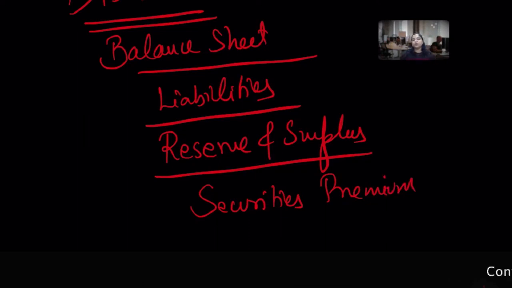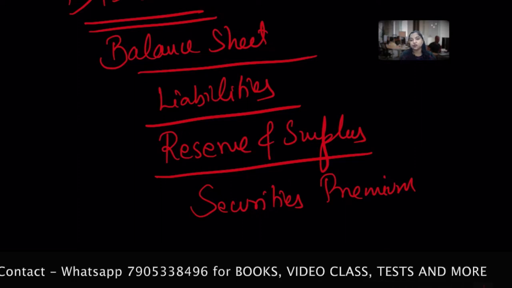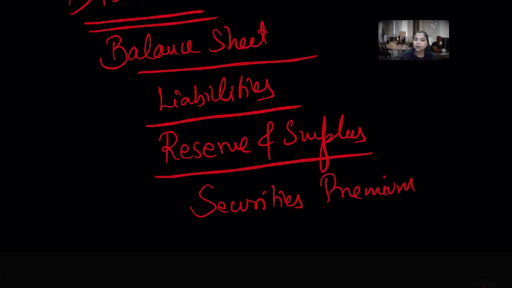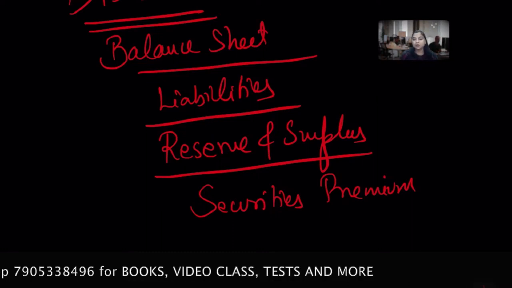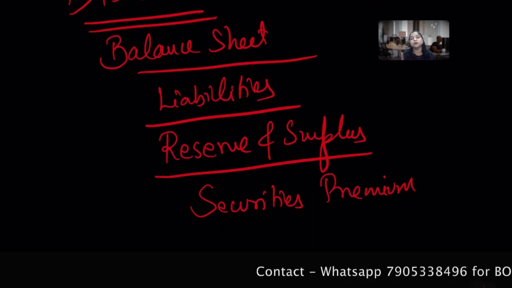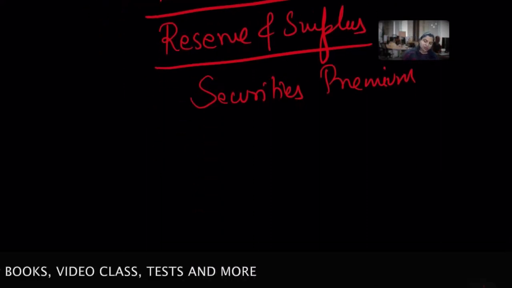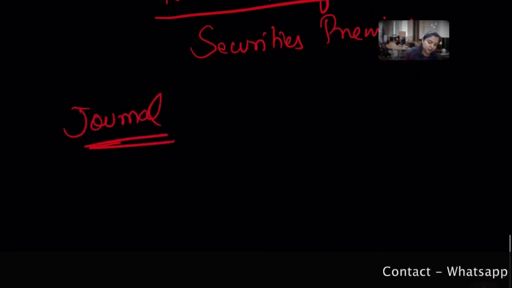This premium is usually payable with an installment, maybe at application or allotment, and 90% of the time it's with the allotment. There are some companies who charge the premium with the application money or partially with the allotment. It's definitely mentioned in your question, so you can apply accordingly. Okay, so we will discuss the accounting treatment shortly. With this session I'm going to discuss the issue of shares at a discount, because it's some theoretical understanding only. Just give me a moment to share the journal entry, because we already discussed the disclosure and the balance sheet.